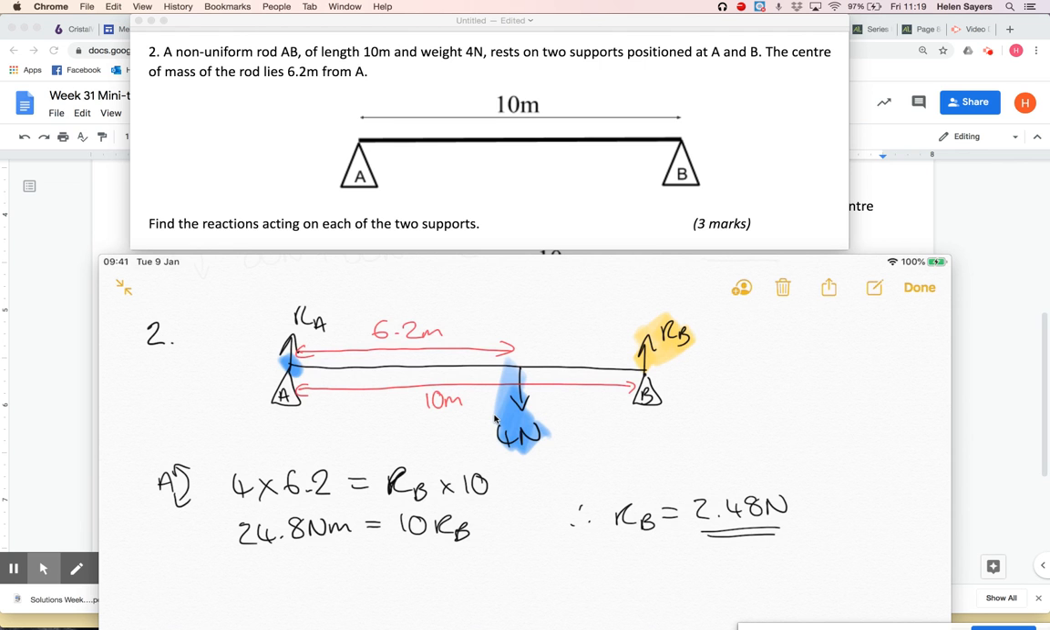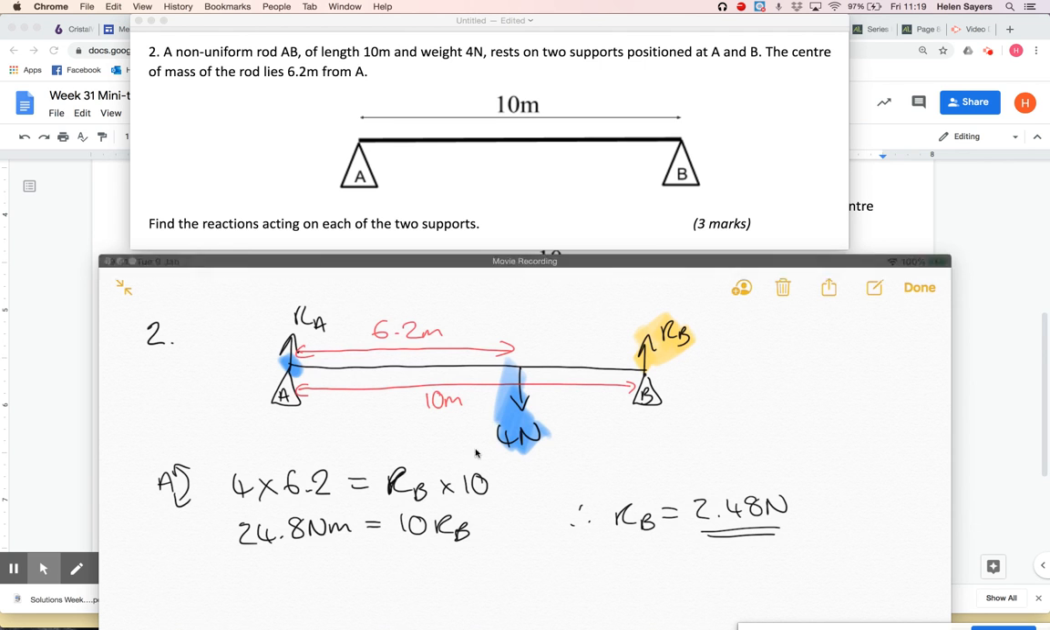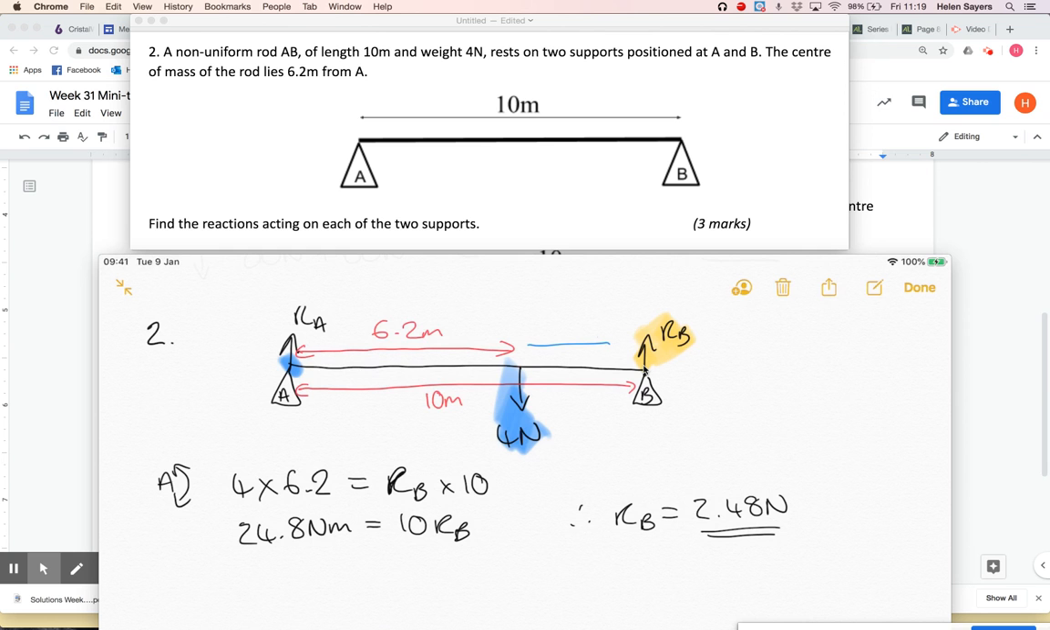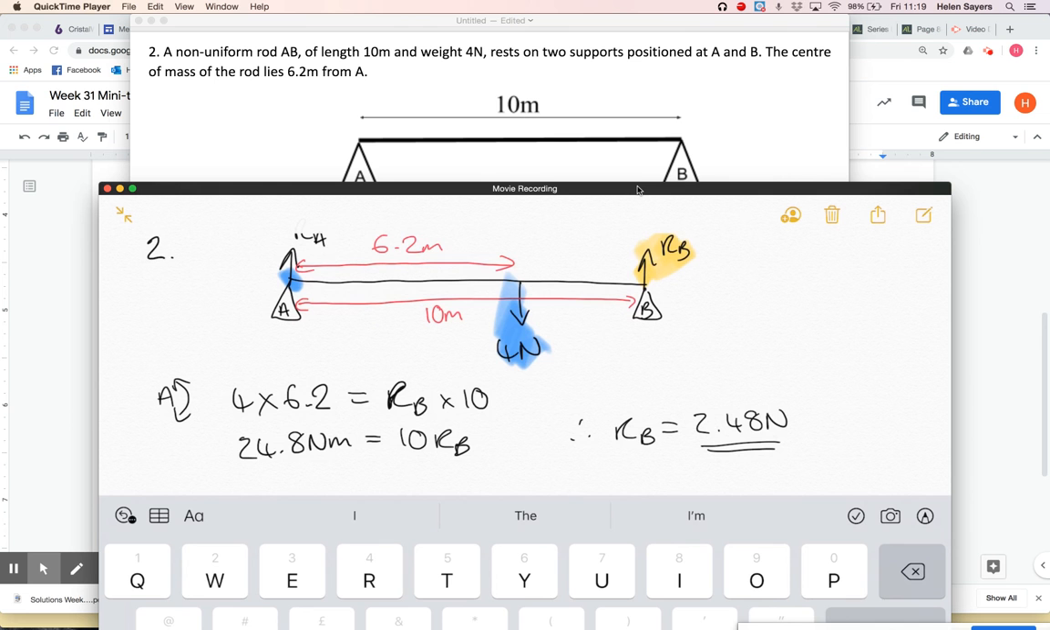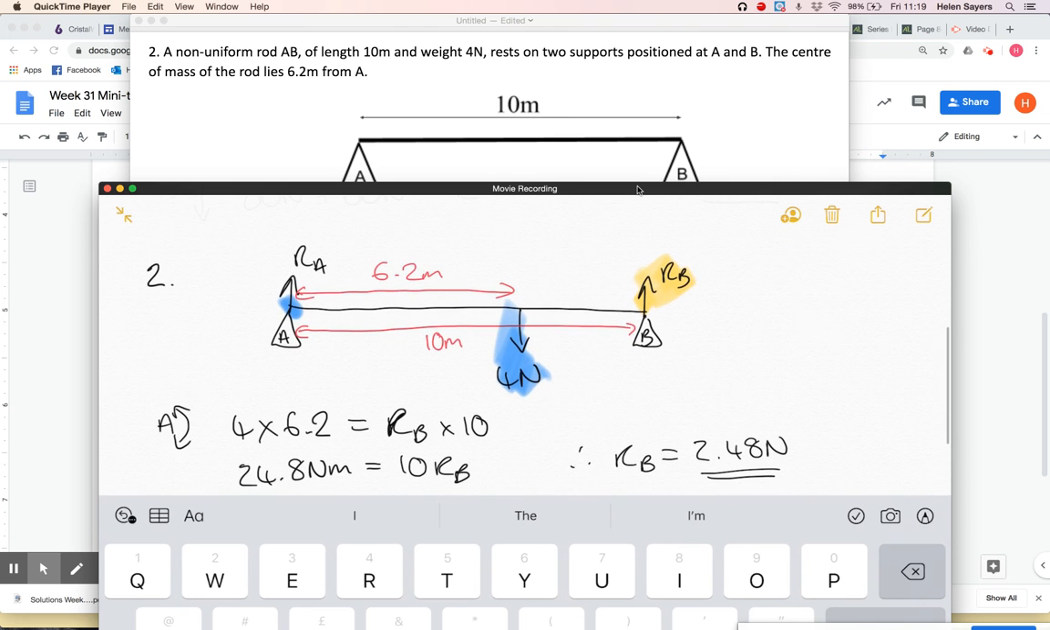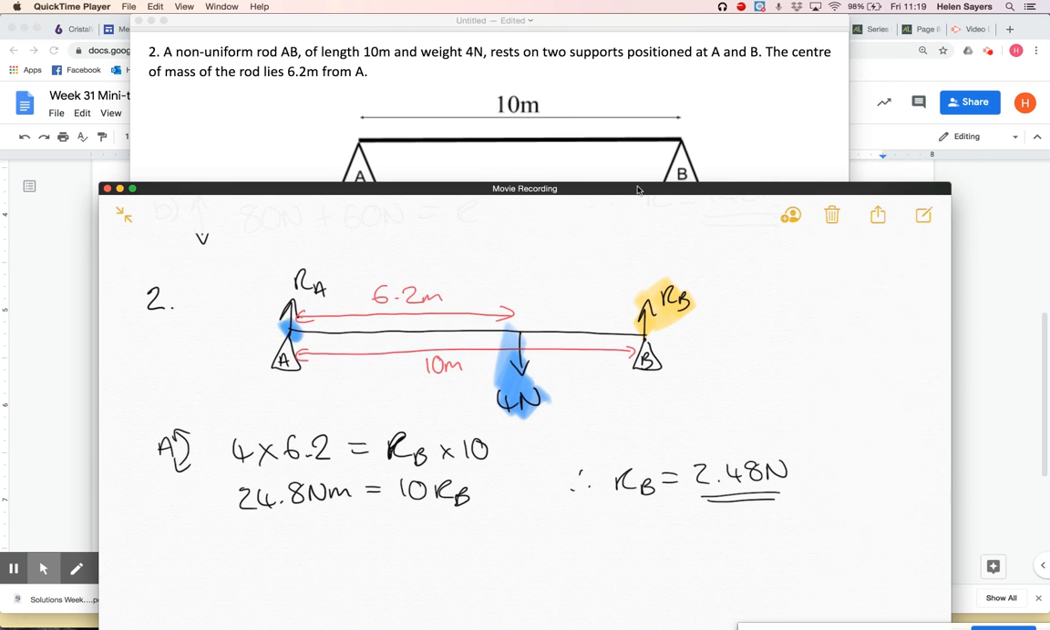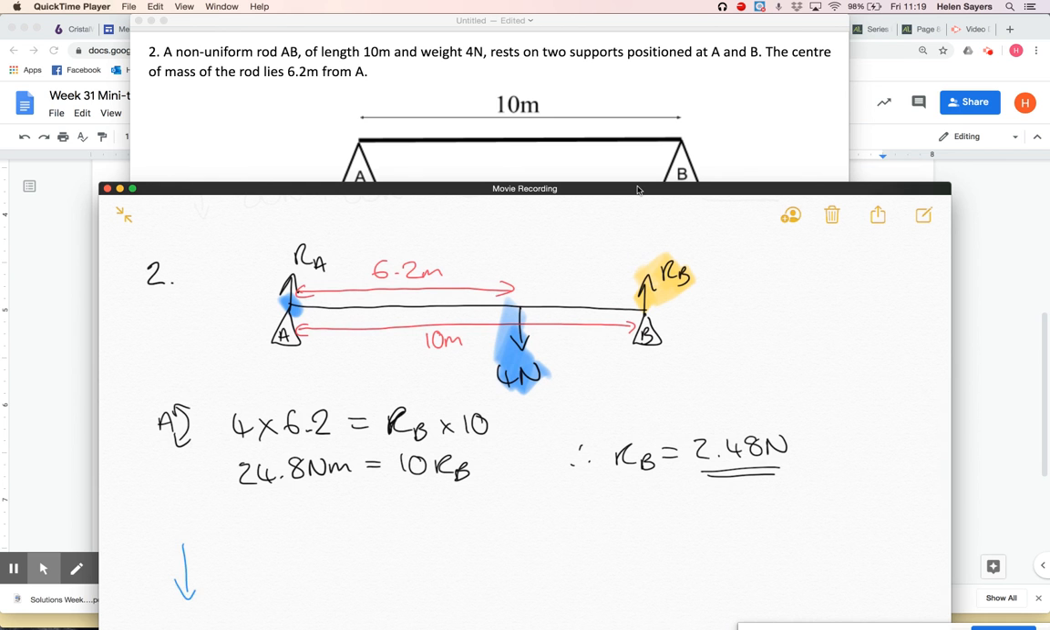divided by 10. The alternative would have been to take moments about B. That would have been absolutely fine. As long as you can say that that distance is 3.8 metres, you could just as easily have taken moments about B, and then you would have found the reaction at A to start with. Whichever you find first, though, you don't then need to take moments again. We do need the reaction at A, but it's going to be way easier once you've got one of those forces to